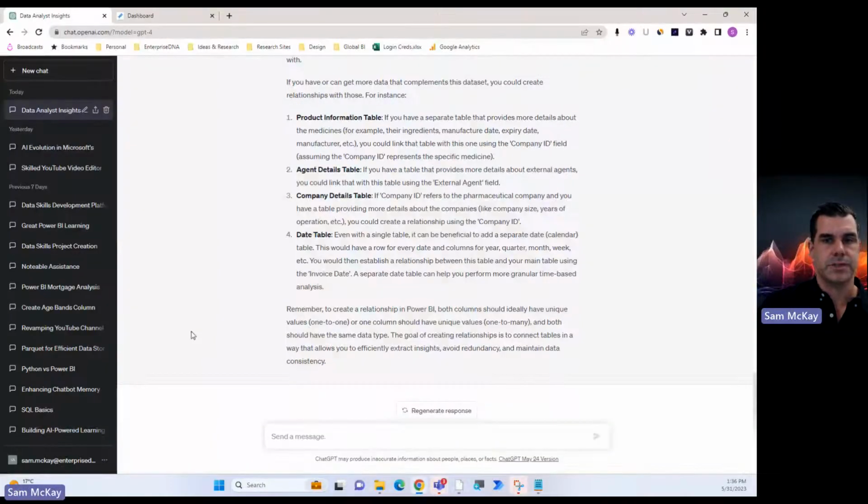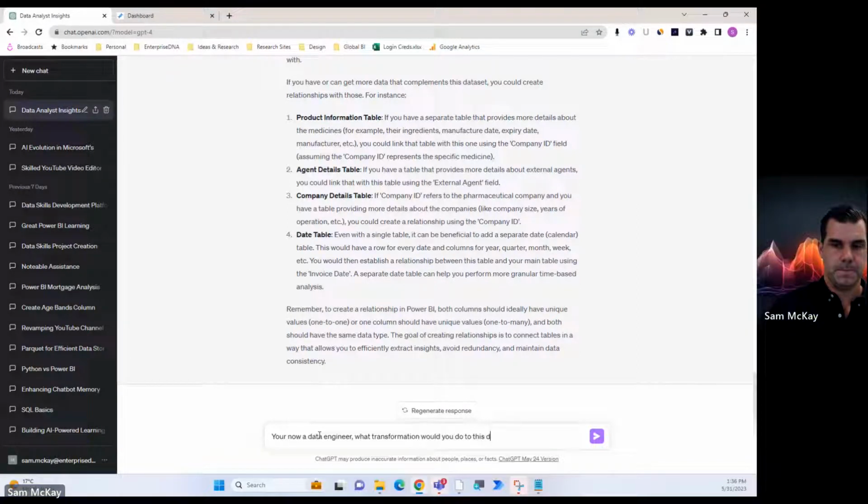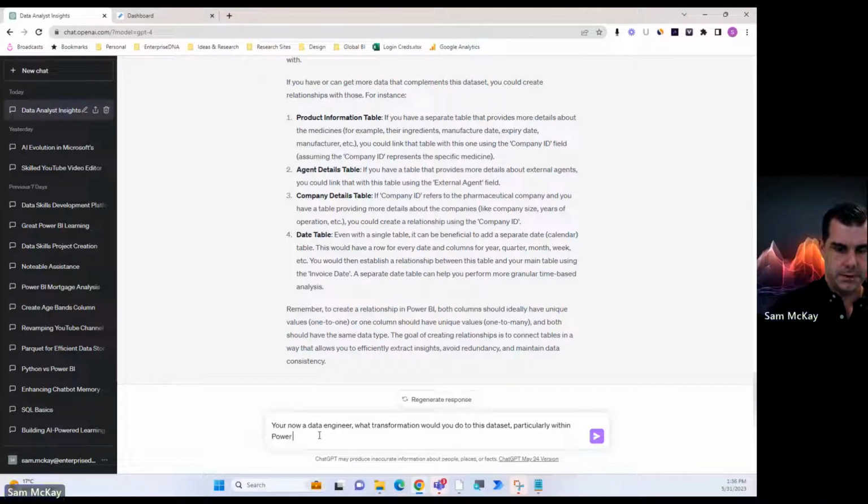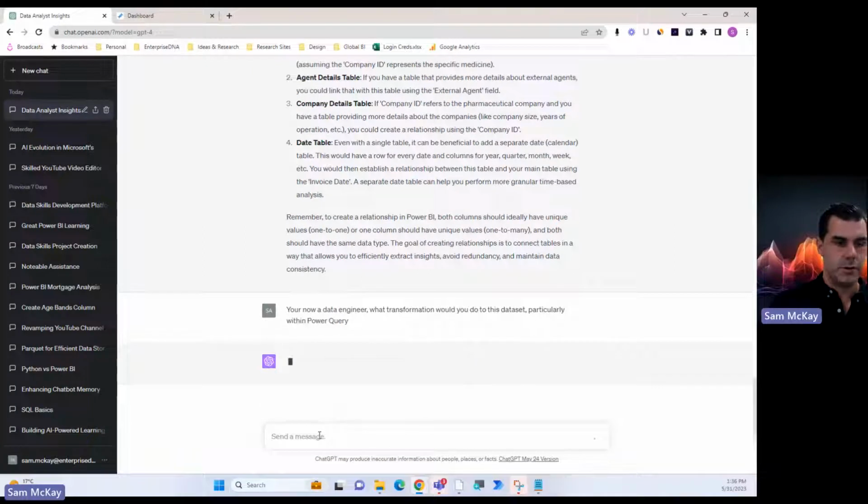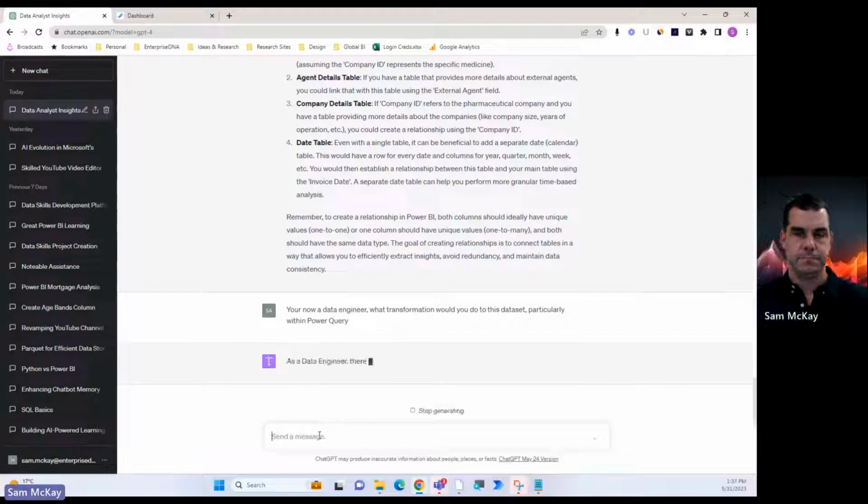But what else can it do? Let's have a think about what else it can do at this point. You're now a data engineer. What transformations would you do to this data set, particularly within Power Query? Because we're using Power Query, it knows Power Query code quite well.